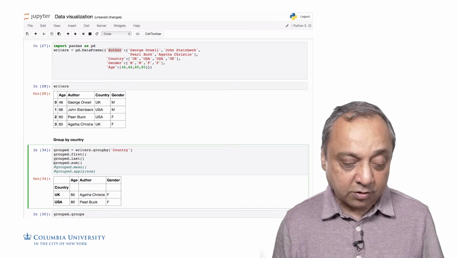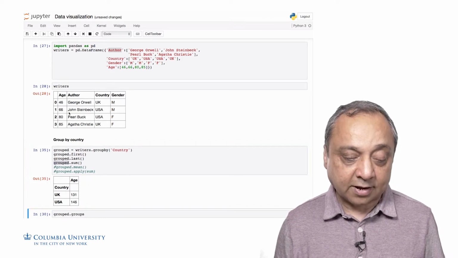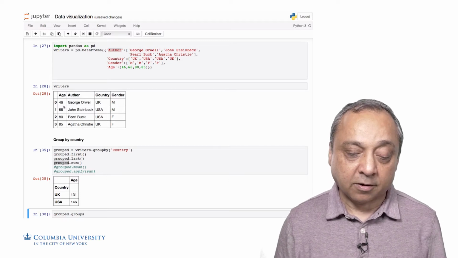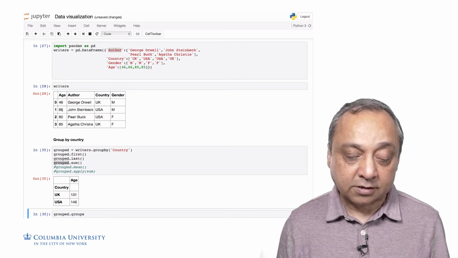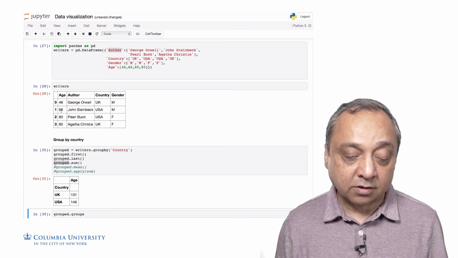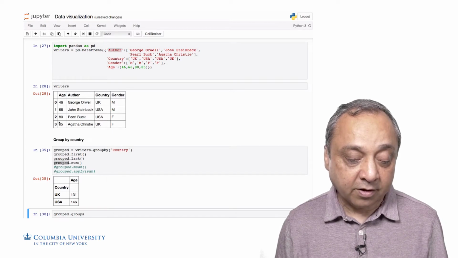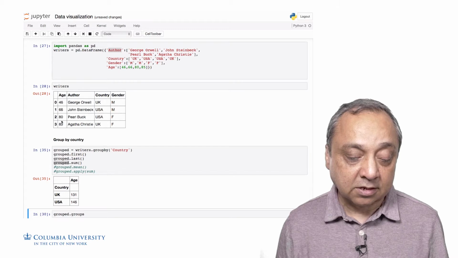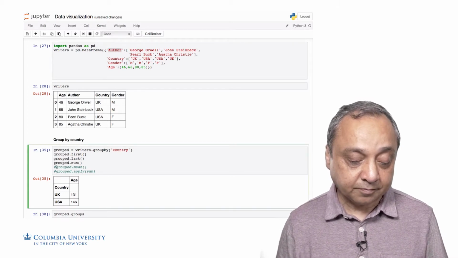More interesting would be if we could add the groups and get a sum of the groups. What that does in this case is, the column that we have that is summable is the age column, right? So it'll add up the age columns, and the ages here are 46 plus 85 for UK and 66 plus 80 for USA, and we get the sum there. We can find the mean,